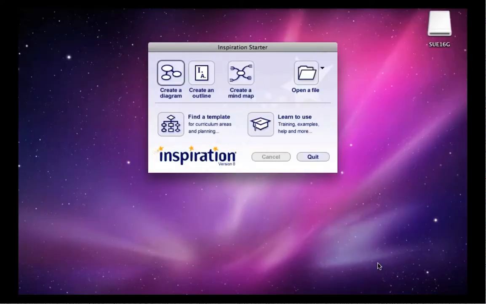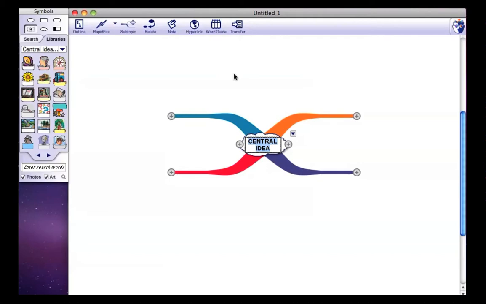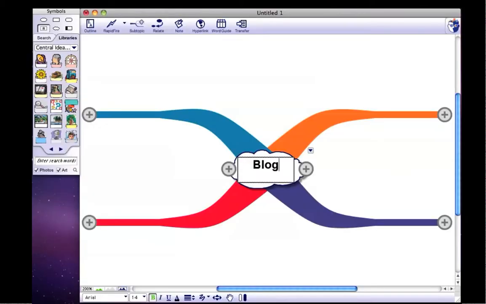So we're going to give a demonstration on using Inspiration, and here is your startup screen, and you can see you can create a diagram, an outline or a mind map. Today we're going to look at creating a mind map. First of all, you have a central idea, and this is where you change the name, and then you start creating nodes. So obviously you select the text and type in exactly what it is that you want to be your main idea. And you can see here we decided on a blog, and that's going to be our main